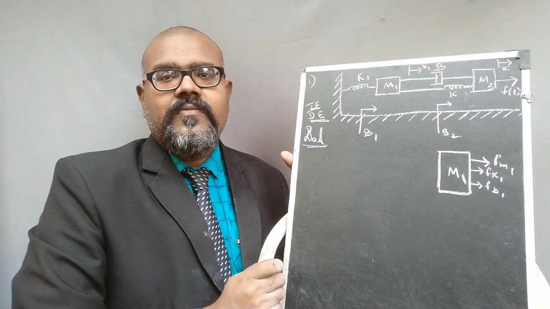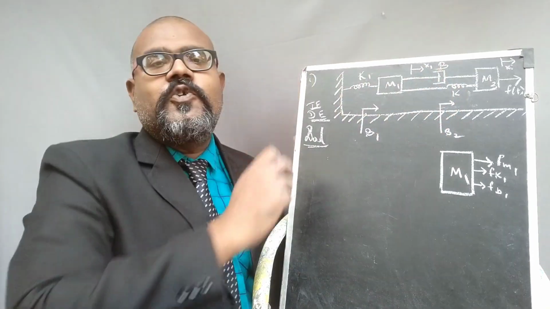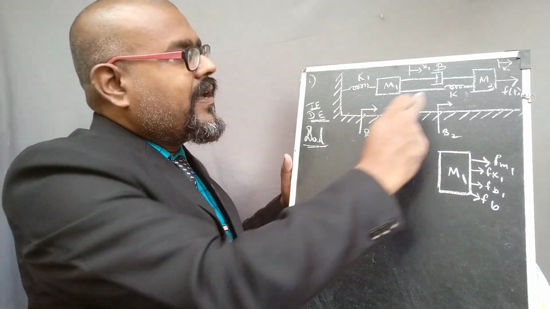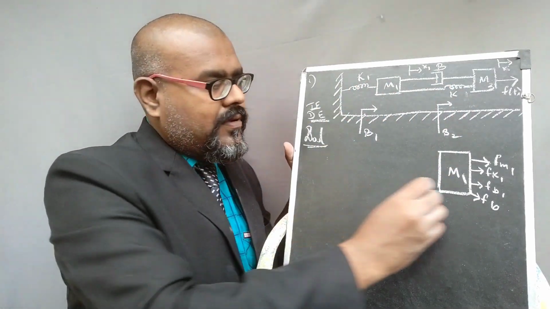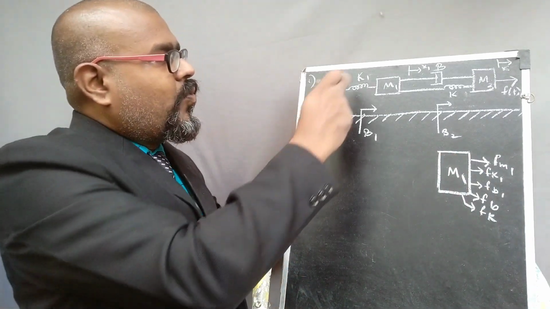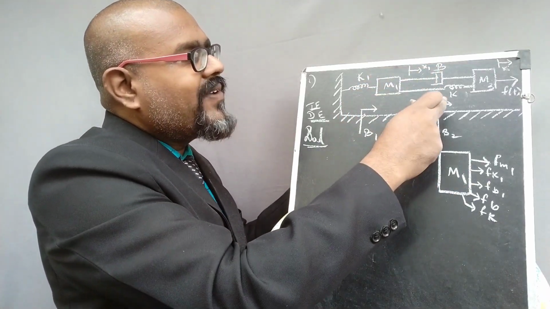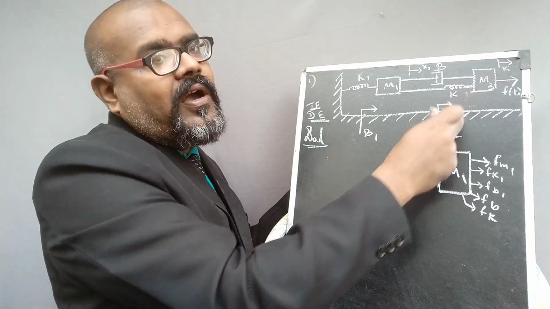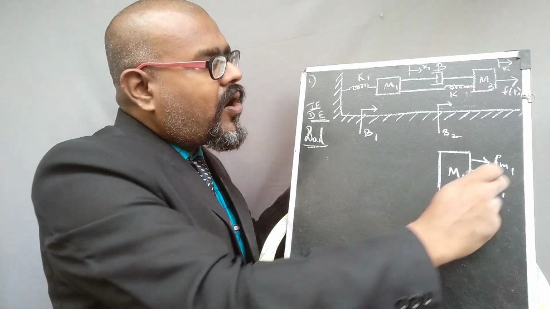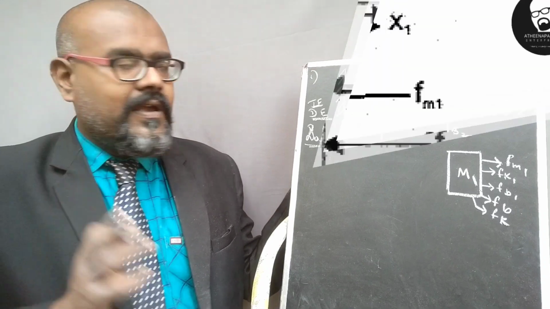Please remember. Apart from B1, this dashpot B is also attached to M1, so the opposing force of the dashpot is FB. And this spring K is also attached to M1, so Fk. So that's all: 1, 2, 3, 4 and 5, five forces attached. B2 has the frictional force in the M2 block, while here in the M1 block, all have the displacement x1. So this is the free body sketch.